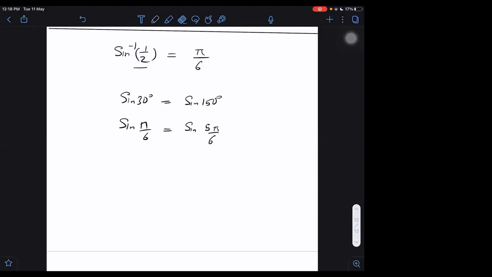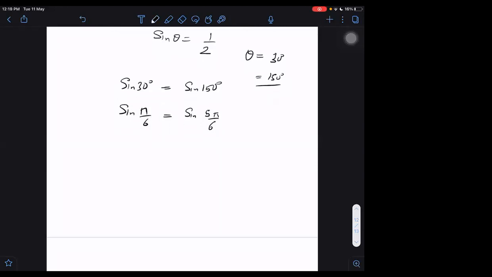Wait a second. I think it depends on the domain of this function. We decide it in such a way that we get one answer only in mathematics. But in physics, whenever we are getting sin theta equal to 1/2, we should not conclude quickly that theta is just 30 degrees. We should be careful. It could be 30 degrees or it could be 150 degrees. We have to be careful.